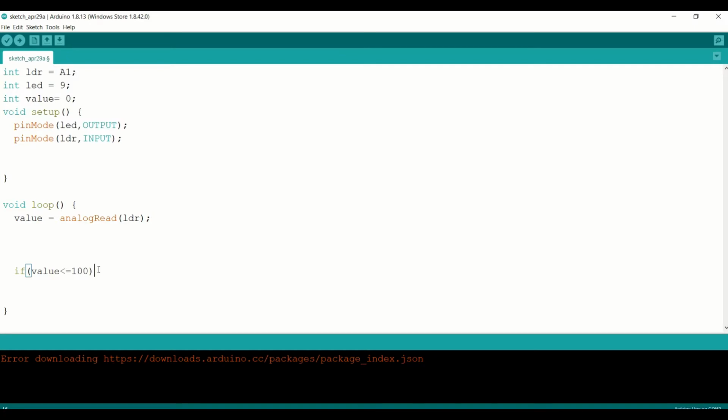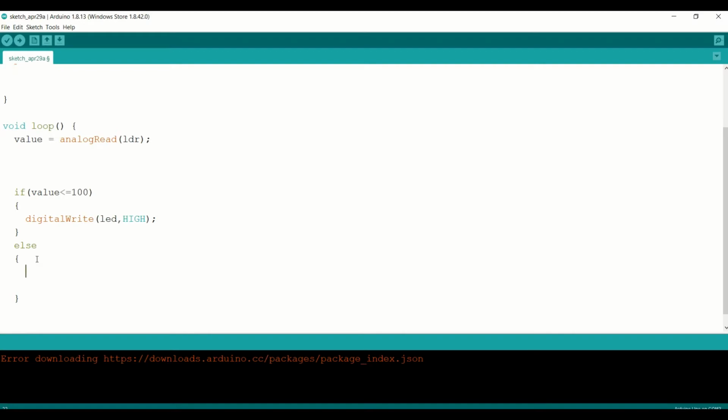This means that if the value is less than or equal to 100, then we want the LED to be on. We'll write else, digital write, the LED will be off.